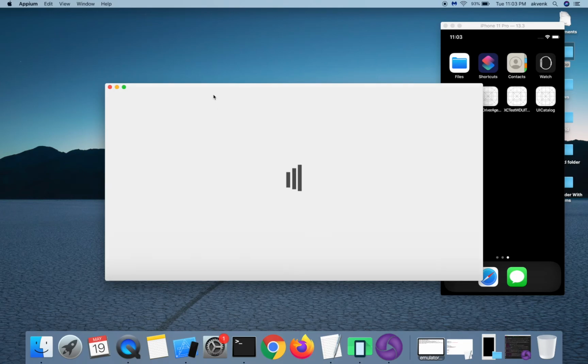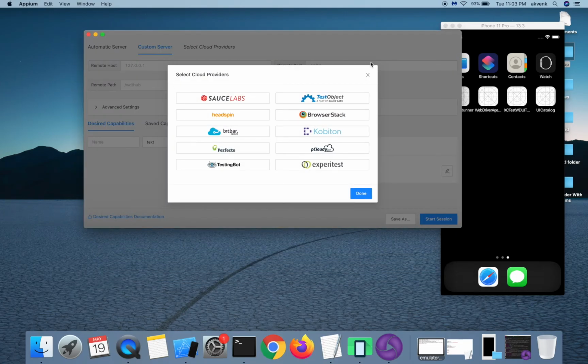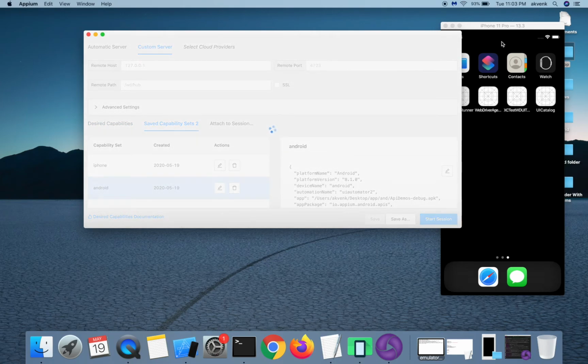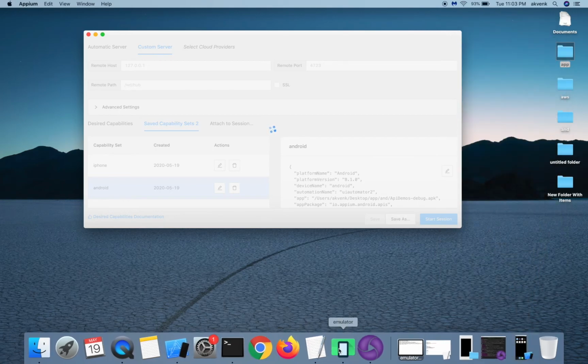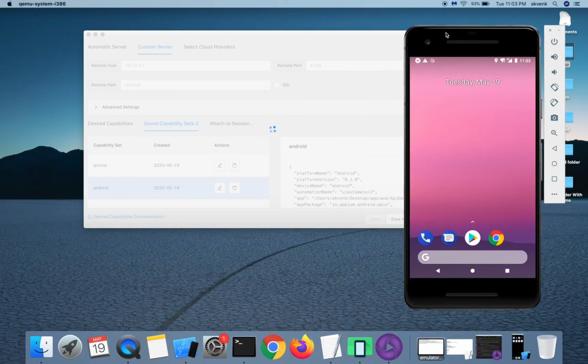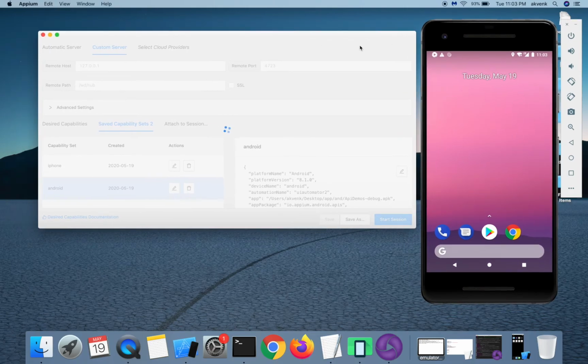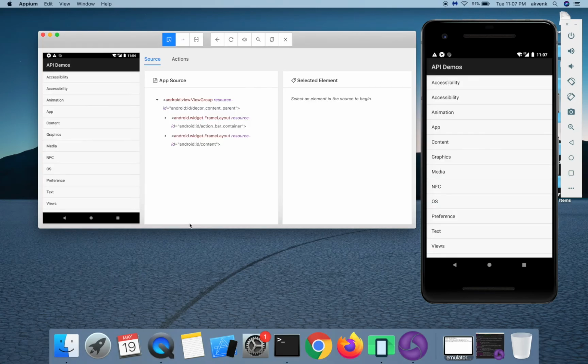Switch to saved capability set, choose Android, and then click on start session. I hope Android will be pretty fast when compared to iOS. Loaded successfully, and it is pretty fast compared to iOS.